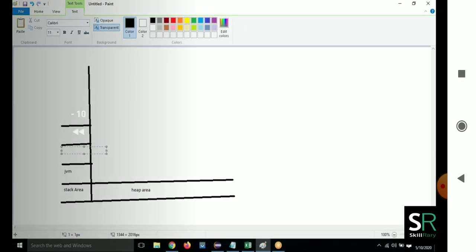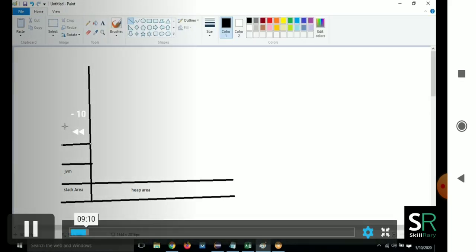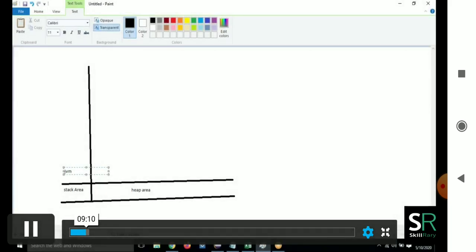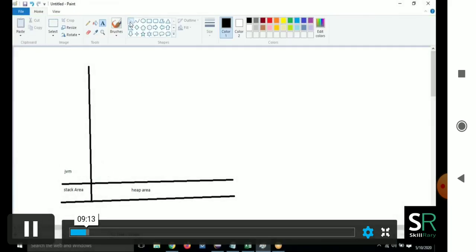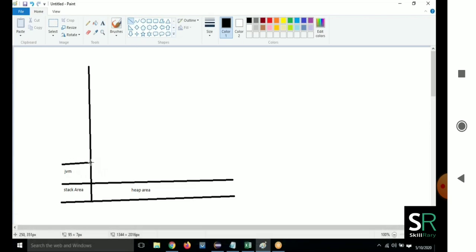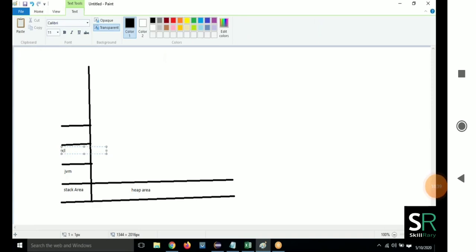Now tell me what class loader will do. Static members. Okay. Next, what is the next one? It is going to be loaded. Class loader plus static block, static members. Now tell me, what is the job of class loader? I don't know. It will load what? It will load static block, the static members, block and class.